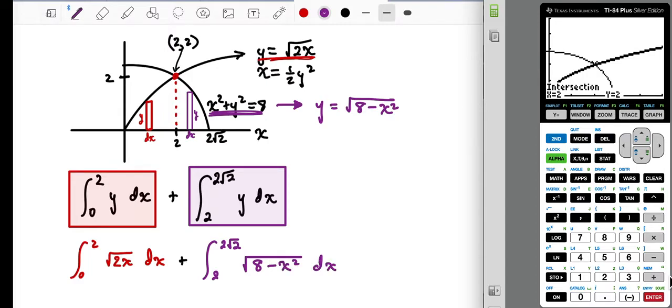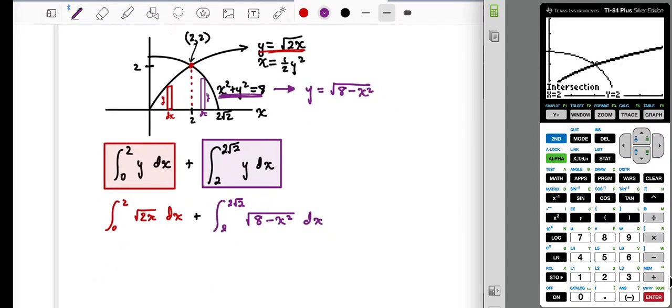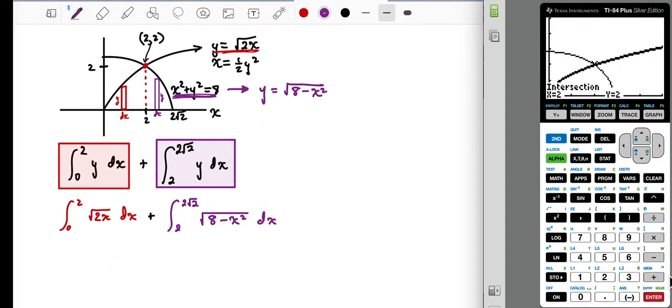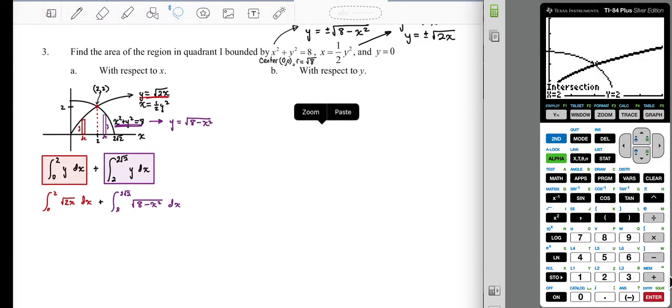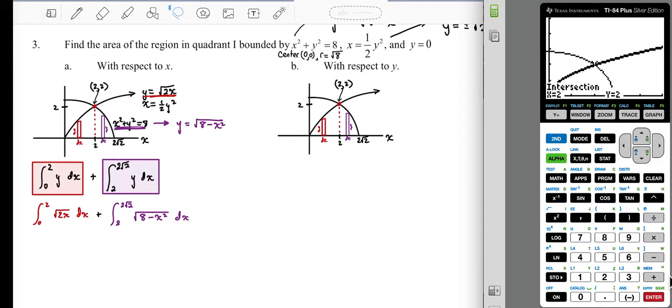So we just have to get the solution to these integrals, add them together, and we'll have it. Now before we do that, I kind of want to do this with respect to y and see what we get there, because maybe I'll just steal that answer. You know, because it's just computation. They should end up being the same. Alright? So with respect to y,